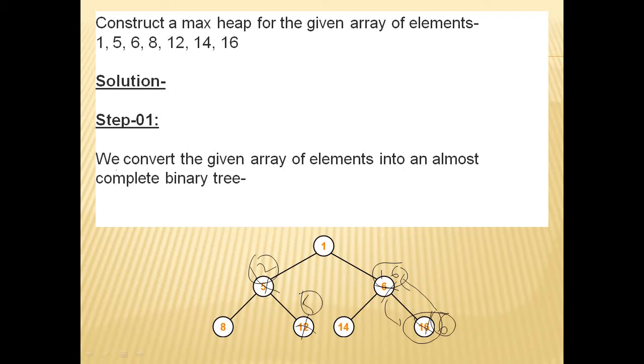So when it comes to root node 1, the highest element among 12 and 16 is 16. Simply what we do, we remove this one, 16 will be placed here, and 16 will also be removed, and 1 will come here. Again among 1, 14 and 6, 14 is the highest element. So what we'll do is swapping. So here 1 will come and here 14 will come. So that is the way of constructing a max heap.